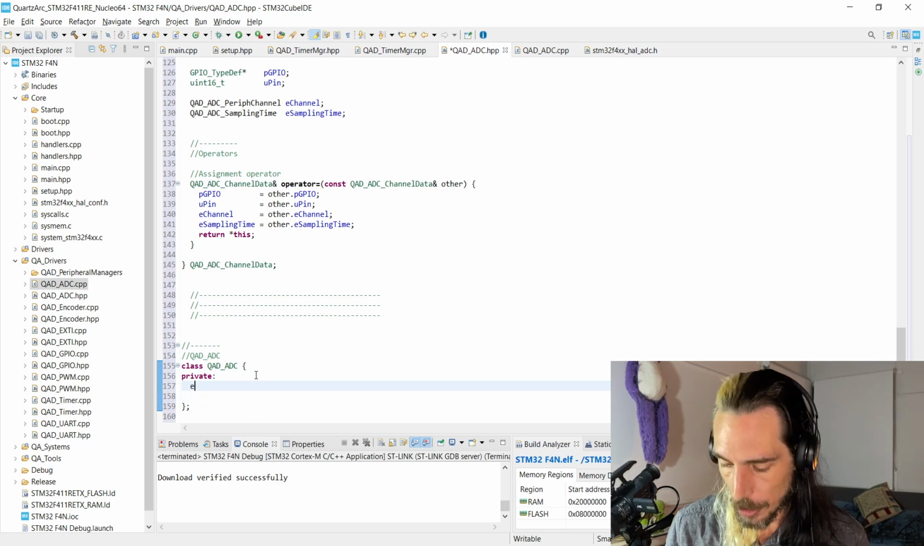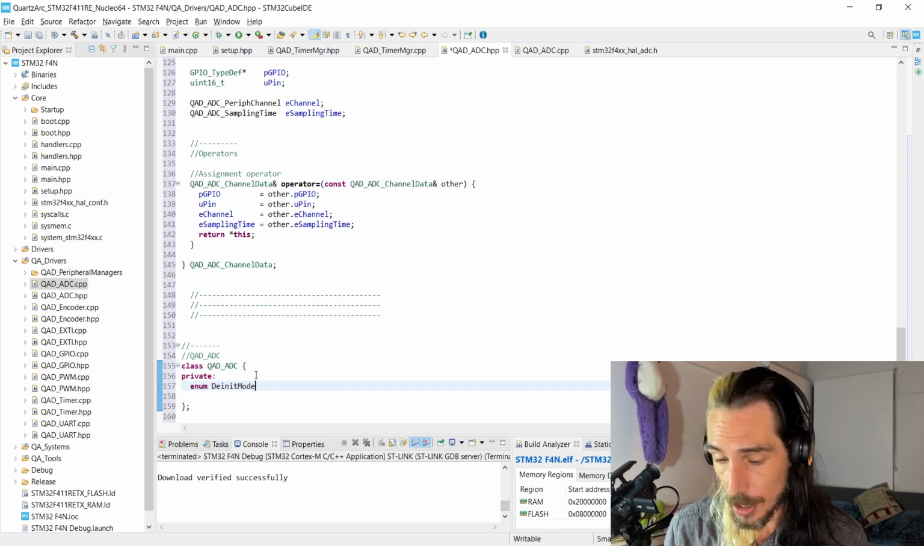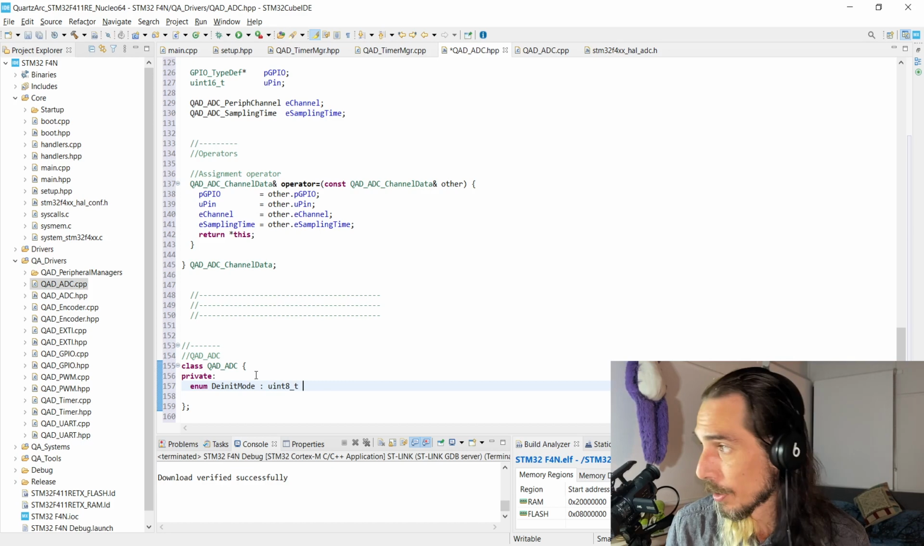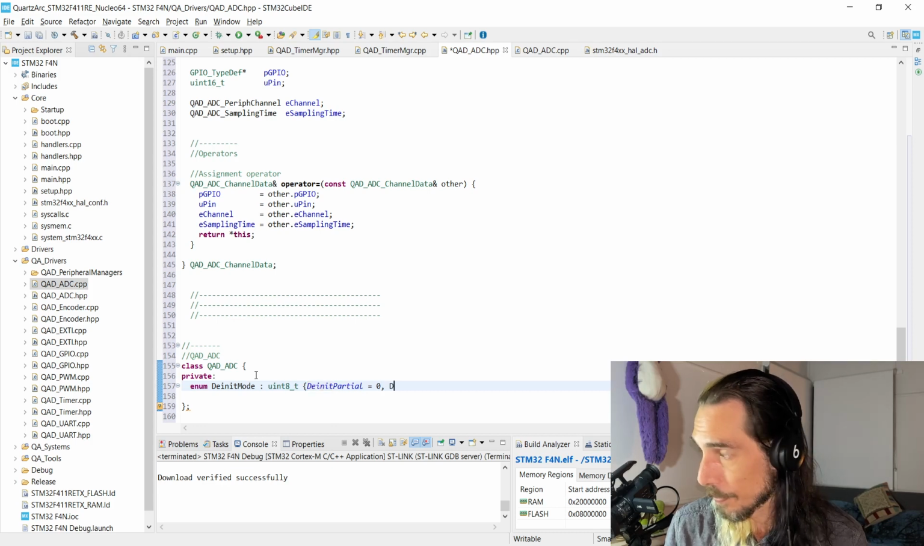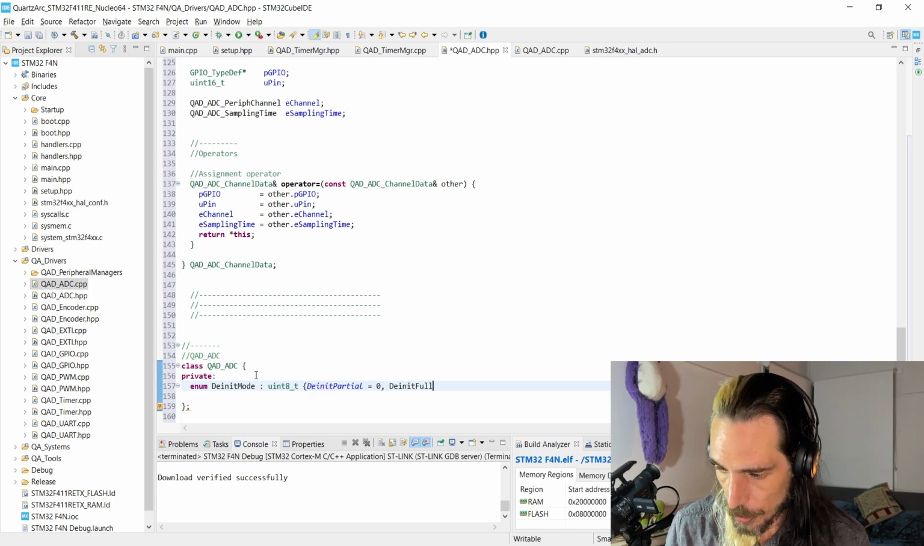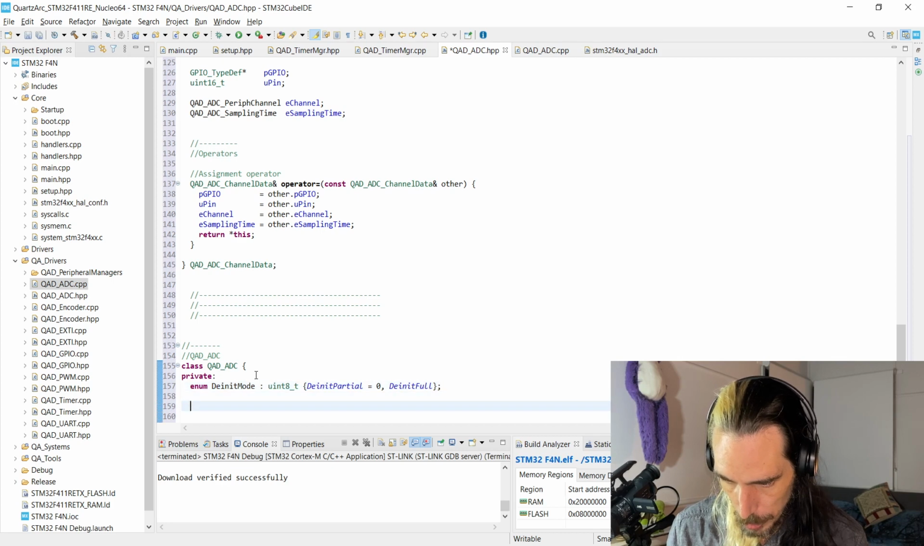We'll have our private section. We're going to have our dinit mode, which we've used in a bunch of the other videos as well. So if you haven't seen any of those, essentially what this is going to be used for is so